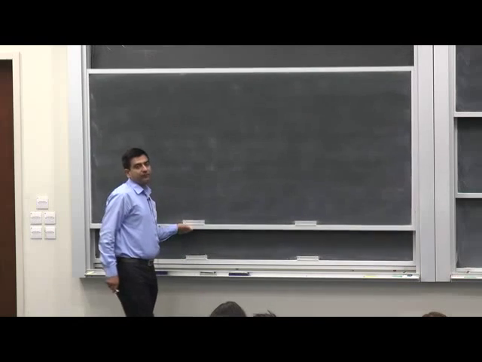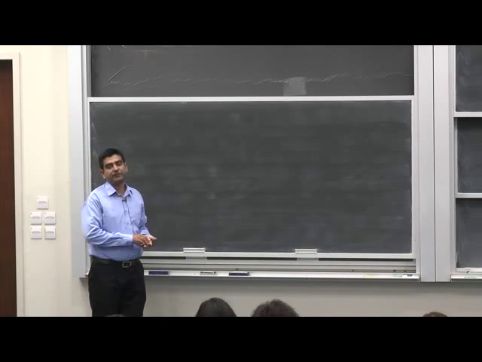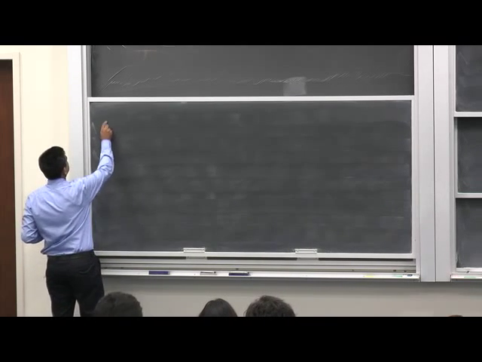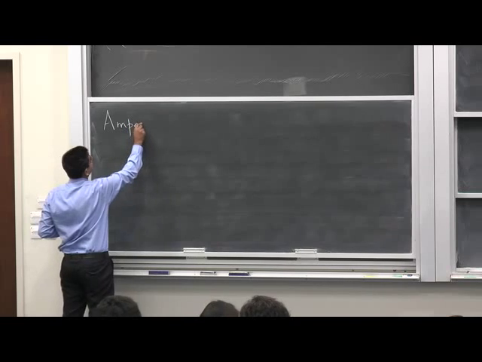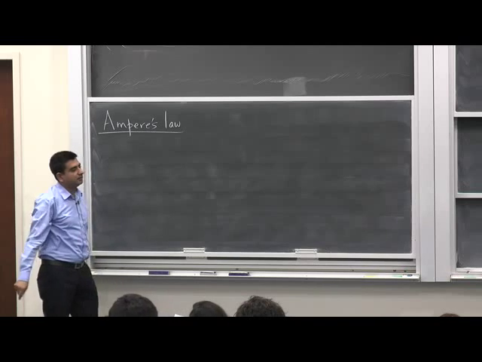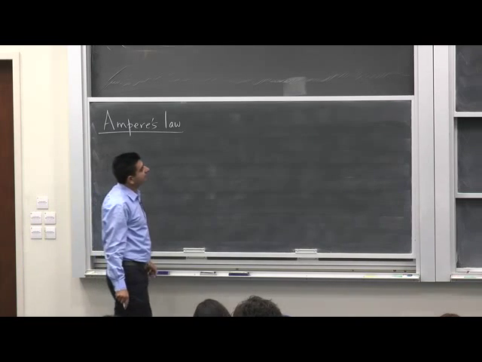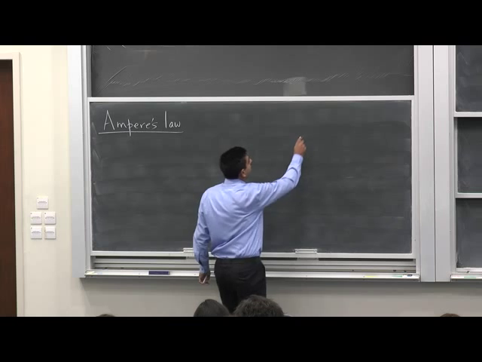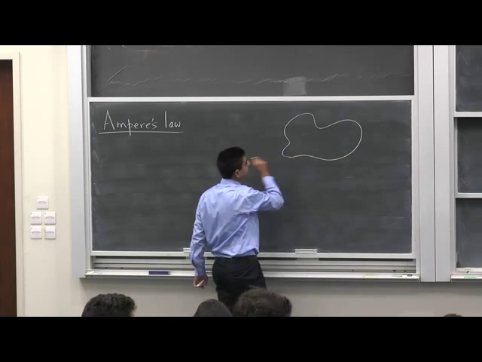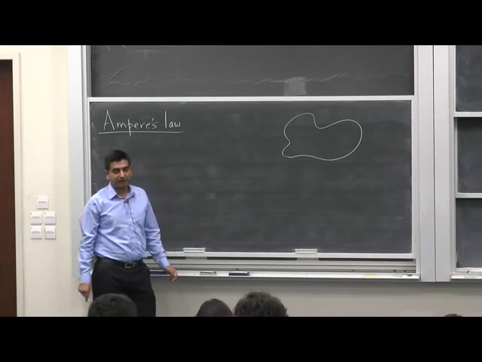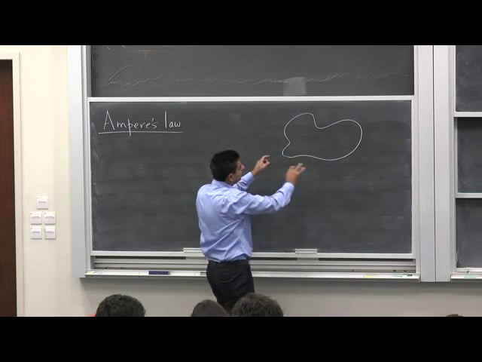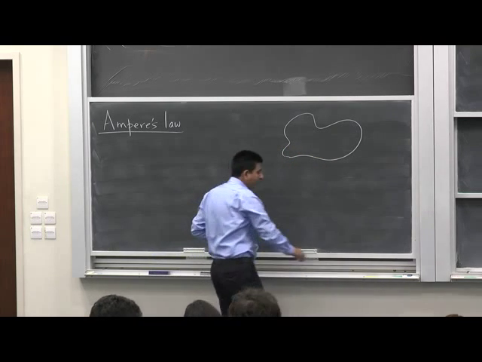I've already been discussing with you the concept of sources of magnetic fields. So a current is the source of magnetic field, and we've already seen Ampere's law. Ampere's law basically states that if I have a closed loop of any shape whatsoever, and I take the magnetic field on each point of this loop,